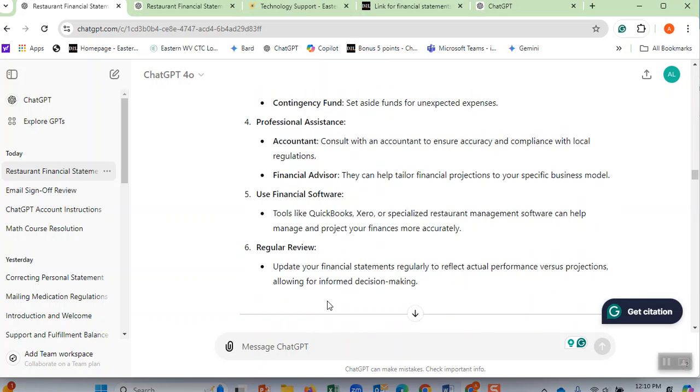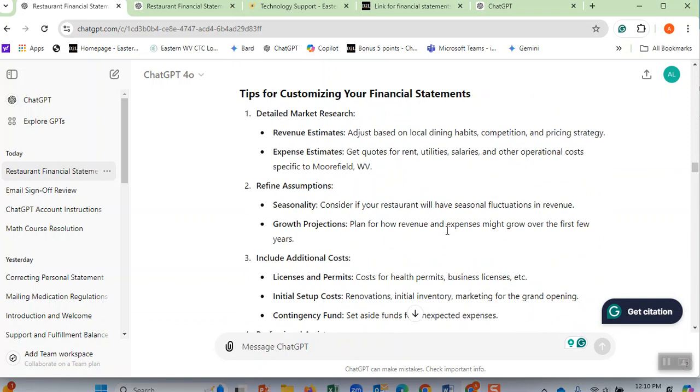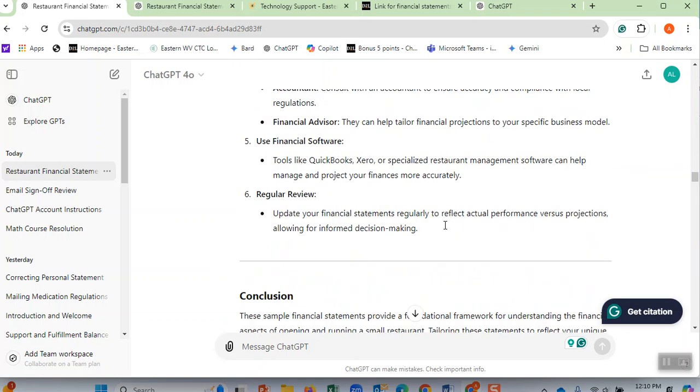I want you to do the same thing. After you do that, I want you to copy the link to this thing that ChatGPT has created for you, and then paste it to the discussion board. That way we can see what kind of business you had in mind. It's imaginary; if you want to open a hotel with $1 million, $10 million, fine. Put whatever you want, don't worry about it. We want to understand what we mean by income statements and how you utilize them.